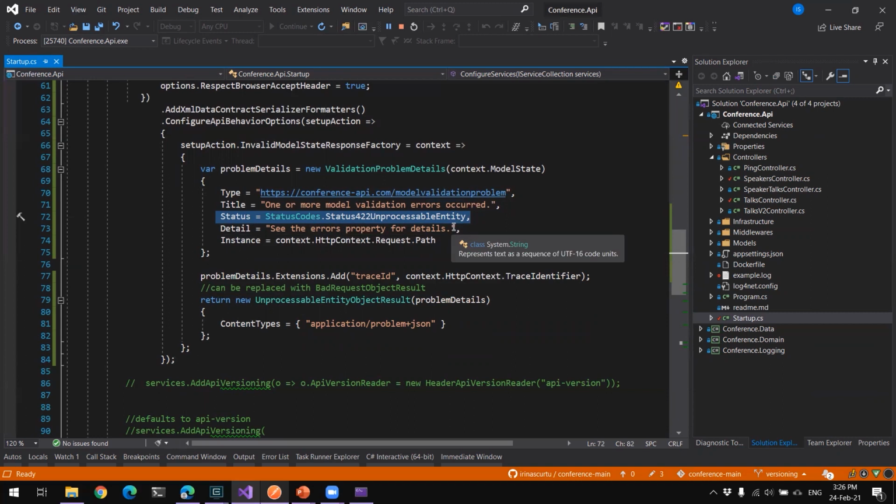Yeah. So that's why I advise people to use the 422 status code, which means unprocessable entity, because it's not a bad request if you add an extra character in one of the fields. The request is well formed, but the content of it is different.